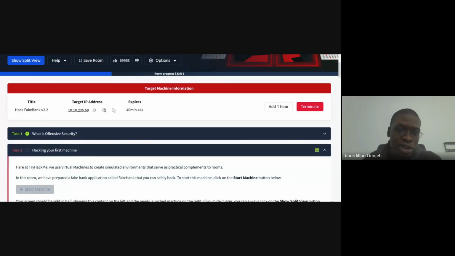Now look at this thing here. This is showing you that we have 40 minutes to finish this room, or else the Kali Linux server is going to time out. It will expire and we will not be able to continue. That's because we're on the free plan. Personally, I use the paid plan, but this account is one I'm just using to teach you guys. So this is not my paid account.